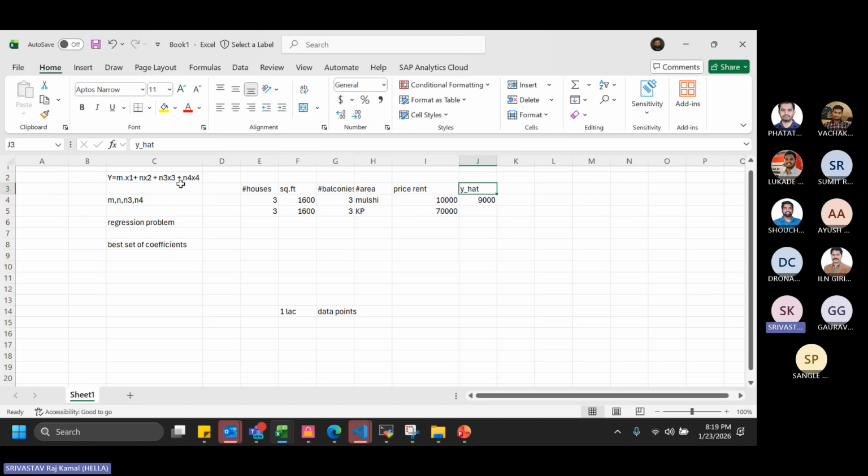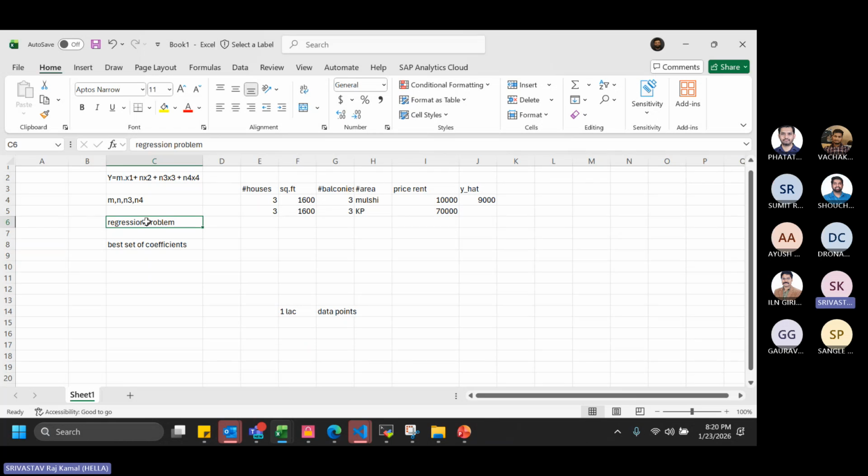If it is 100 variables, we find the best set of 100 coefficients. How are we going to do it? We are going to do it using a machine learning algorithm. What machine learning algorithm? Just as an example, you do not need to memorize it, it's a regression problem. This becomes our very first lecture, the first lecture after this introduction: how to handle the regression problem.